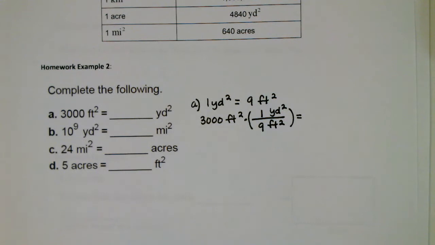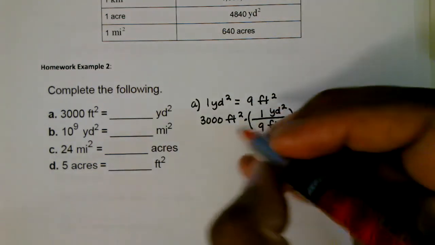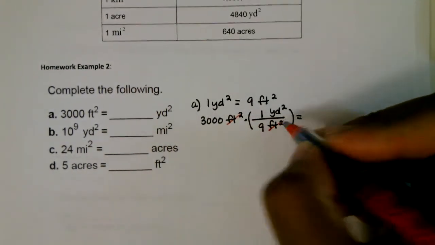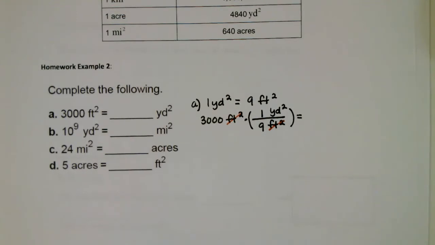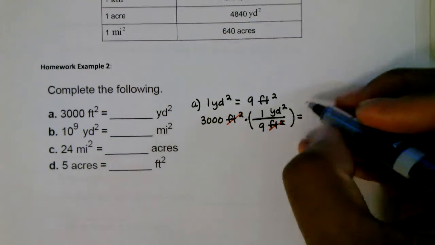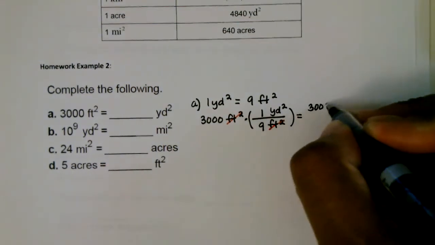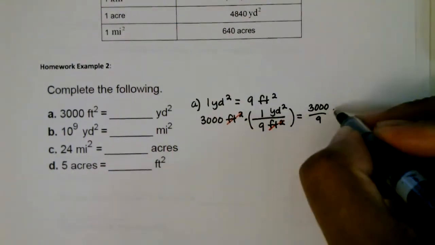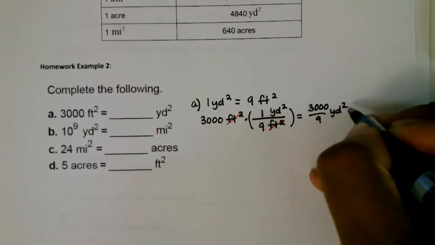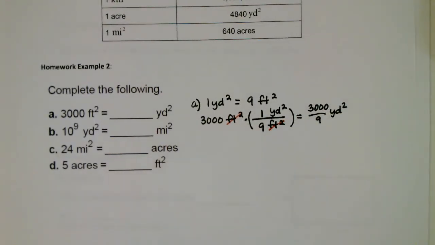And I'm doing that because I want to divide out the square feet. So here we go. The square feet divides out. You'll be left with square yards. So 3,000 divided by 9, and this is going to be in square yards. So if I do 3,000 divided by 9,